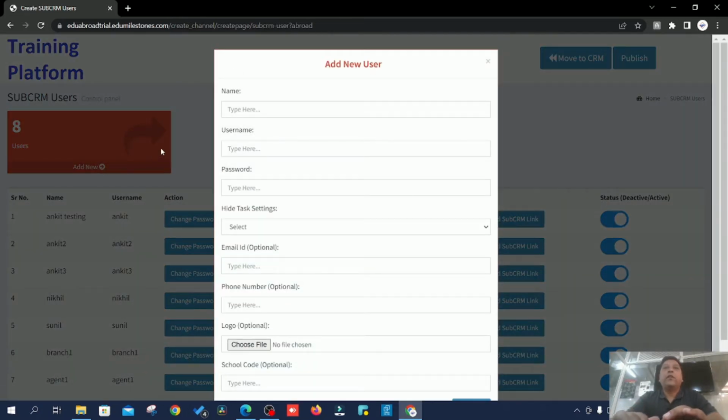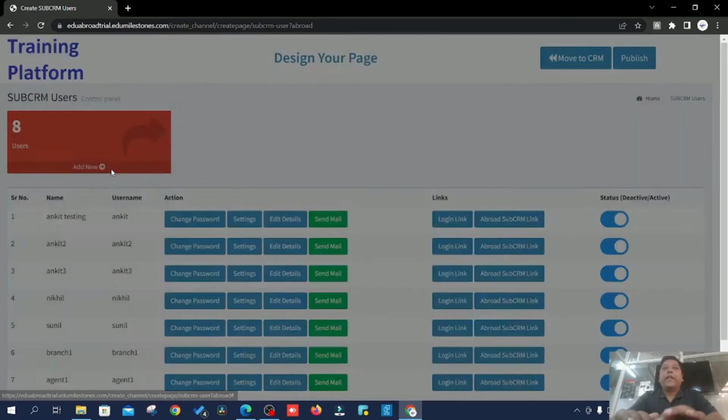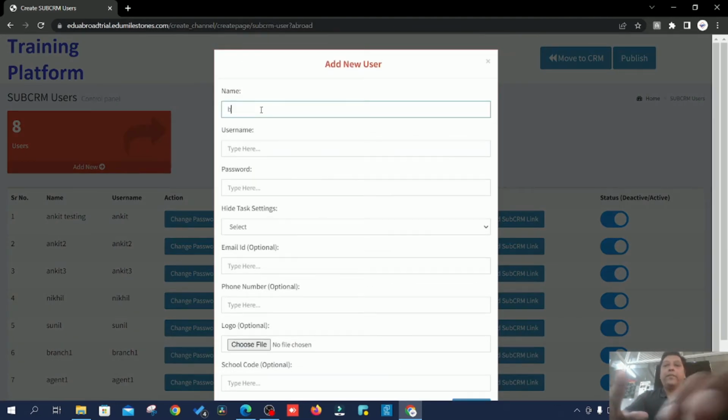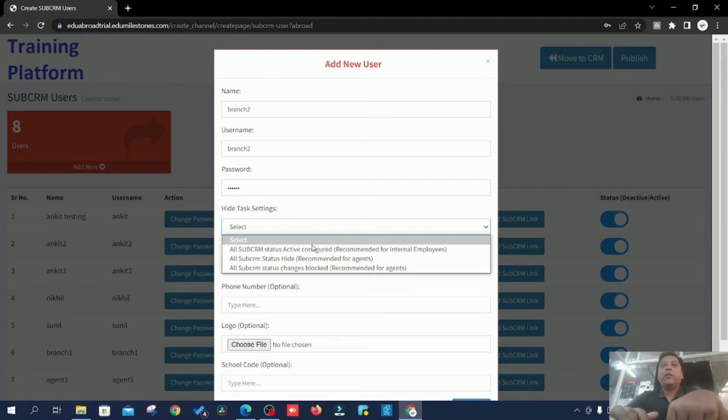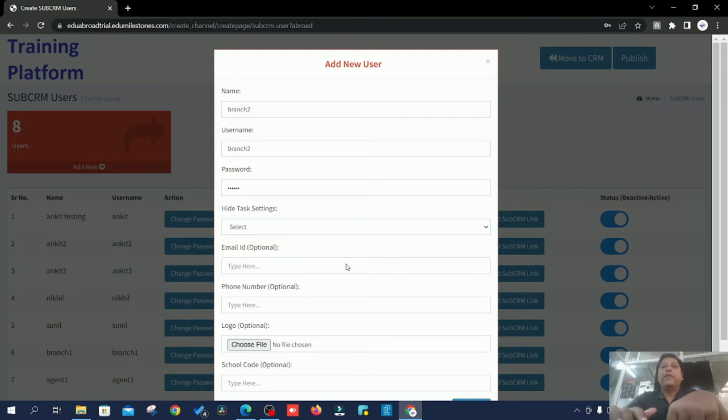You just need to click on add new, right? Write the name like branch 2 or employee name, employee user ID. Okay. I'm just creating one dummy. Okay, password, and if it's an internal employee, you need to select the first one, internal employee. If it's an agent, you need to select the agent, so that some controls will be given to them, and